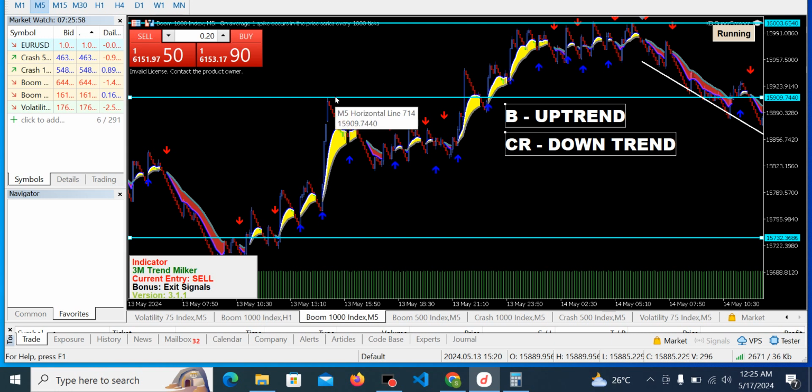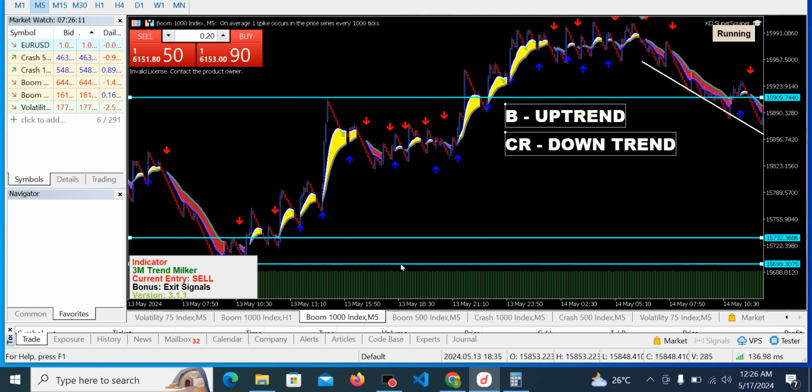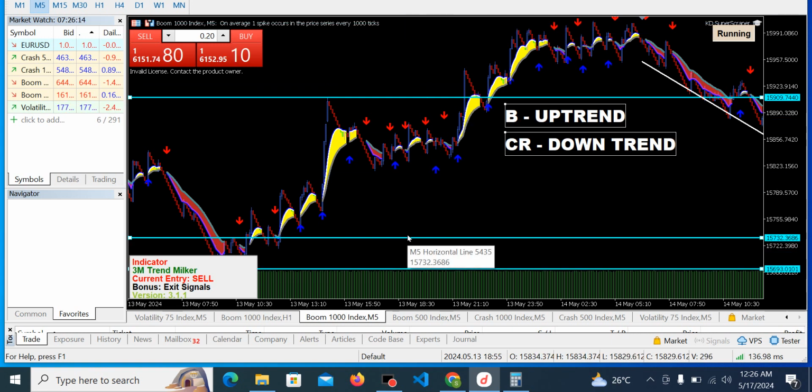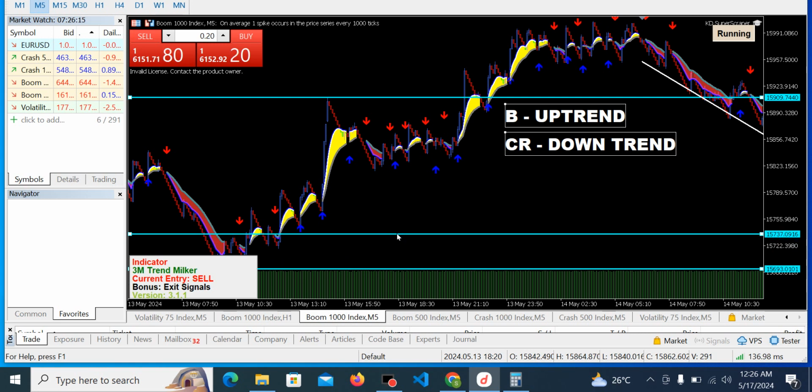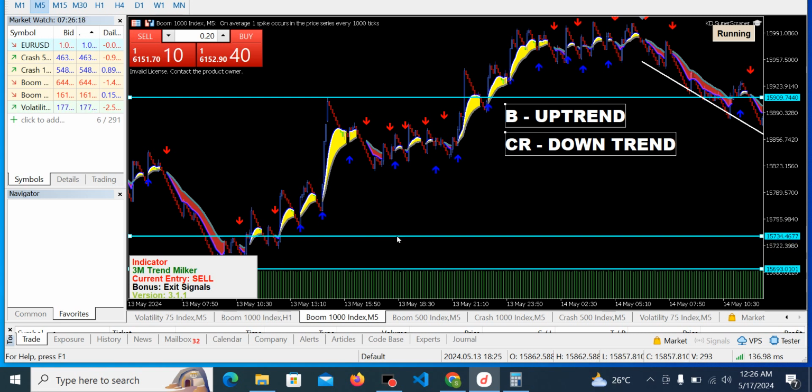Okay, so this is very, very important. You can see this will have given you lots of profit if you had come in around here. At this stage you can easily lock up some parts of your profit by using your stop loss. Each time you place your buy order, let's say you place your buy order around here, your stop loss should be somewhere here to protect your profits, to protect your capital.